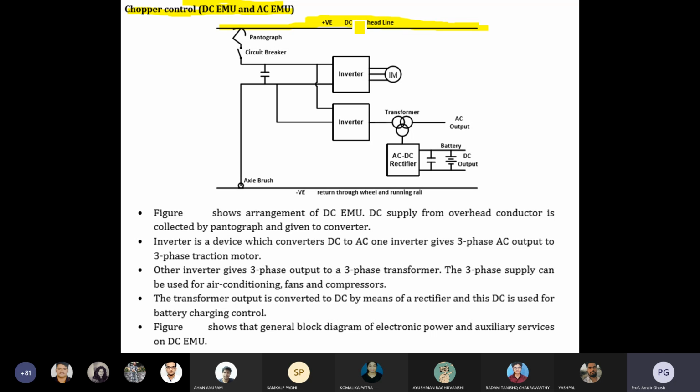Okay, but if there is no mention of DC, then internally that AC is converted to DC for the purpose of the traction motor. And for some of the metro rails, we are directly giving the DC. Suppose in the Kolkata metro, you can see that